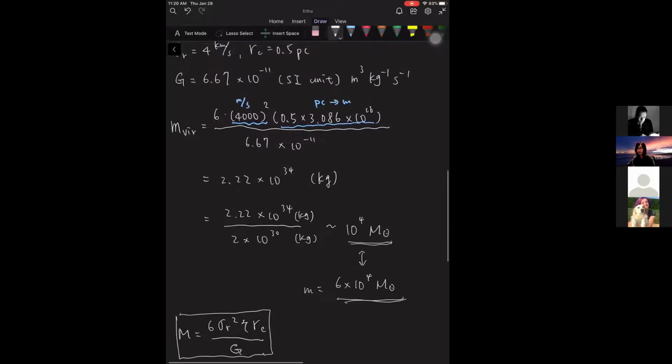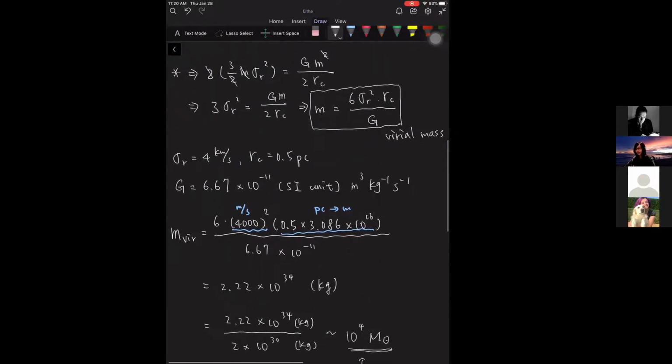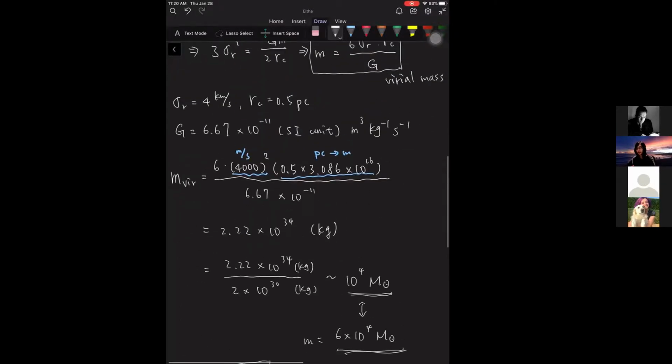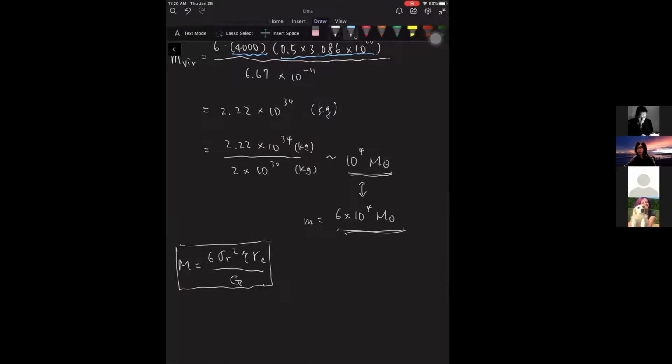You can see the form we derived is here, and there's an additional eta in the general form, right? So this is because